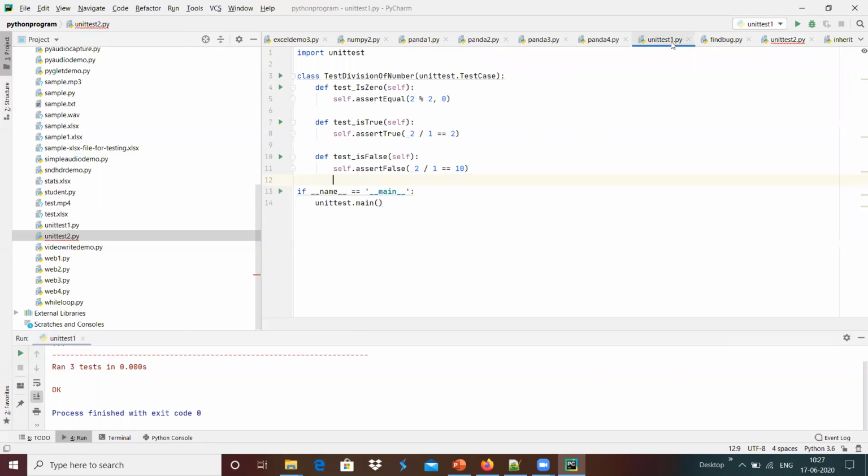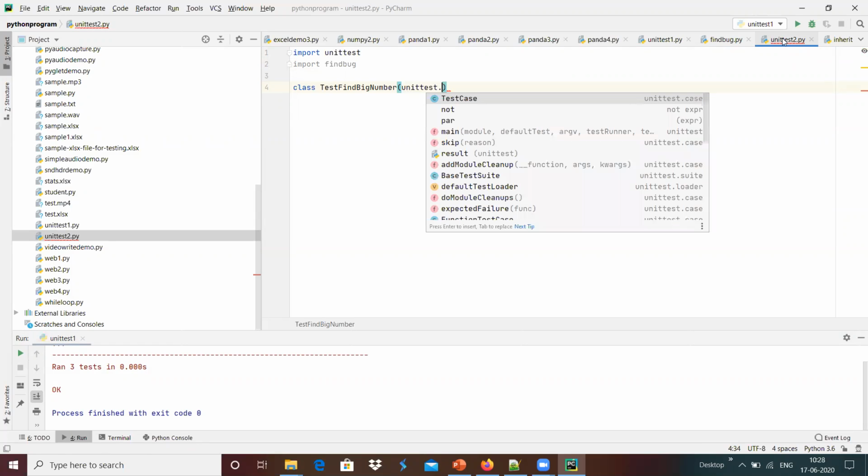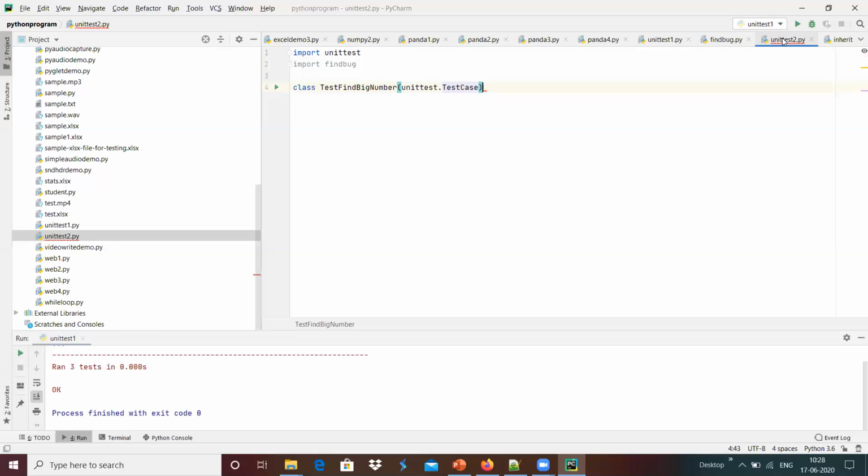And once it is done, maybe we can do something like a class TestCase. The test case is something like finding bigger, find big number. Number is the test case, and it has to be the base class of unittest.TestCase over here.